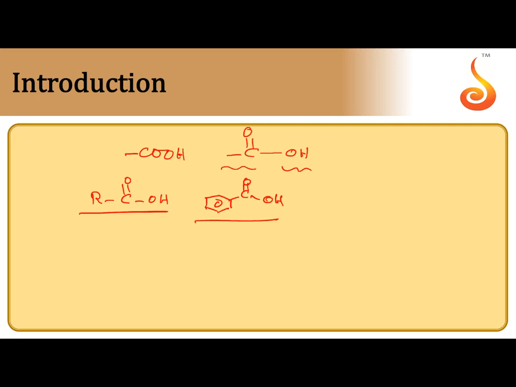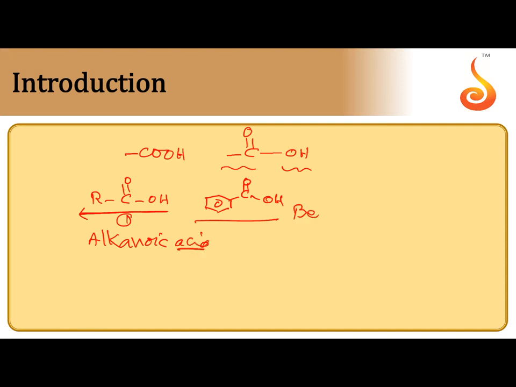If only one COOH is present, they are monocarboxylic acids. Higher carbon chain acids containing an even number of carbons are also called fatty acids. Then if two COOH groups are present, they are dicarboxylic acids. IUPAC name: the carbon which is present in COOH only gets number 1. So by including the carbon of COOH, you select the main carbon chain. It becomes alk, primary suffix ANE, and in place of E, you write the secondary suffix oic acid. So alkanoic acid is the common name.